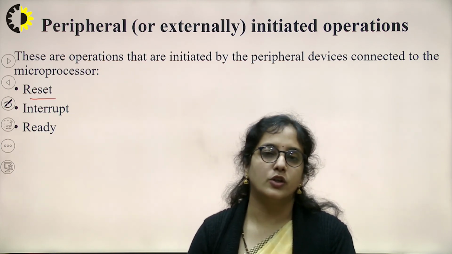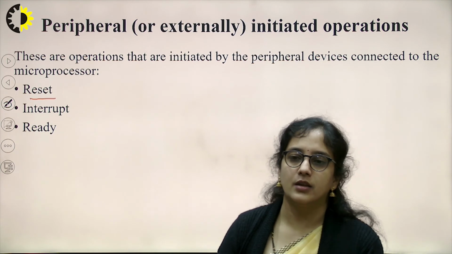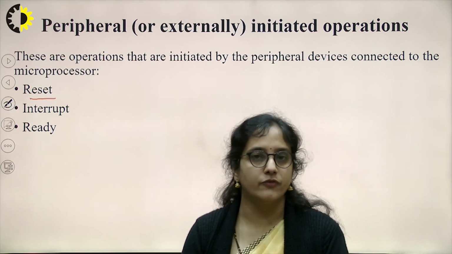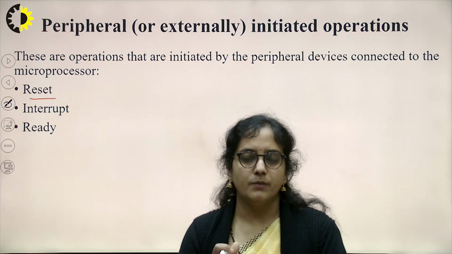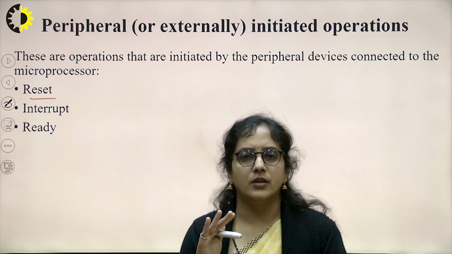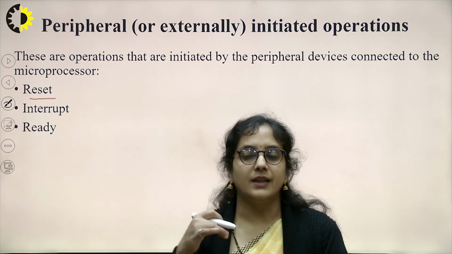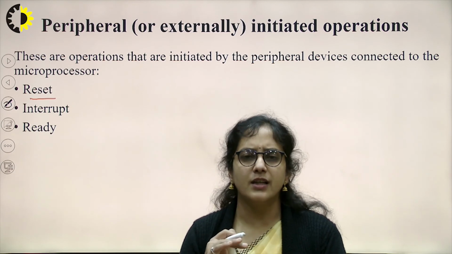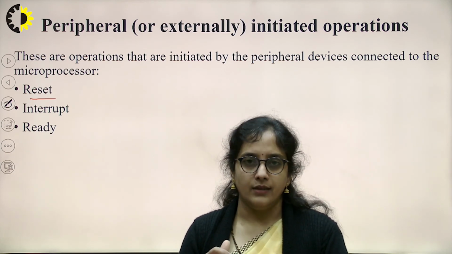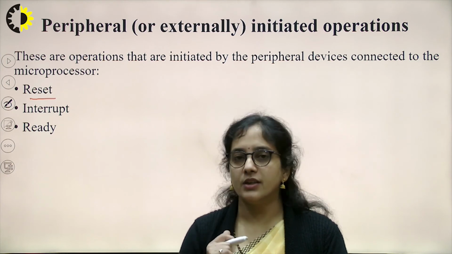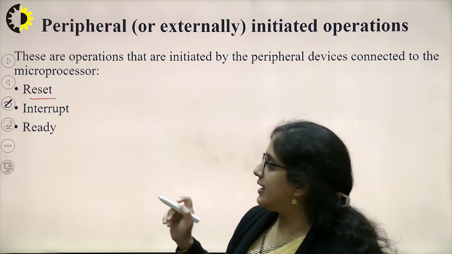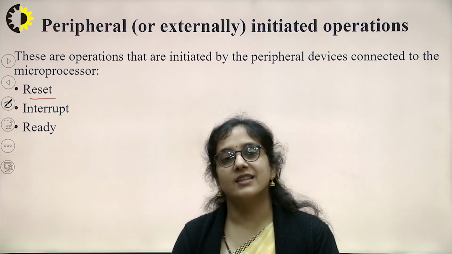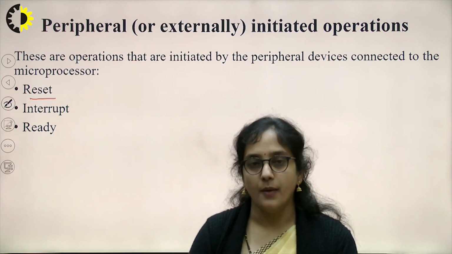Okay. Ready. This signal is again an important signal because it is used by a slow peripheral device. Actually, as I told you, our microprocessor is a time driven system. It uses a clock to perform every task. So it will perform that task at a particular frequency. But the other device which wants to communicate with the microprocessor has little bit slow processing. Then whenever it is ready to communicate with the microprocessor, it will send that ready signal: okay, now this slow peripheral device is ready to communicate with the microprocessor.